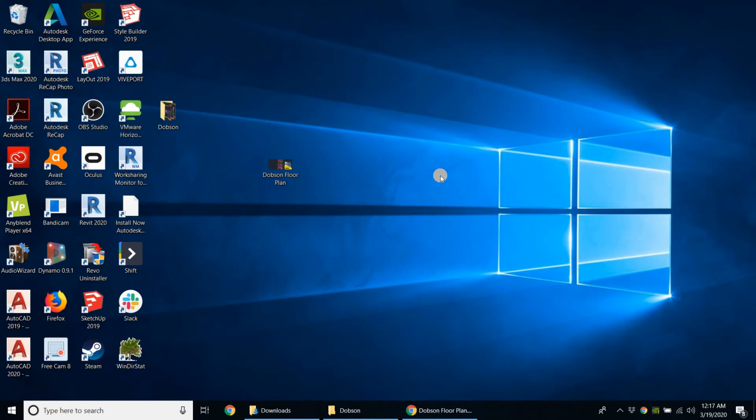Now since we have AutoCAD floor plans, the next step is going into Revit and creating or setting up our initial file to create our jobs and buildings. So I'm going to go into Revit, open it up,